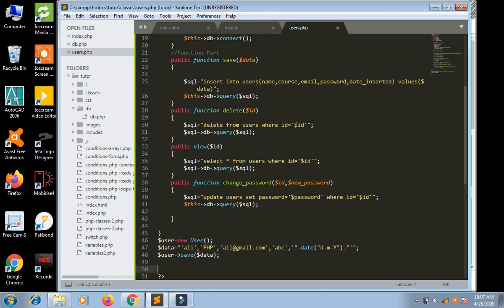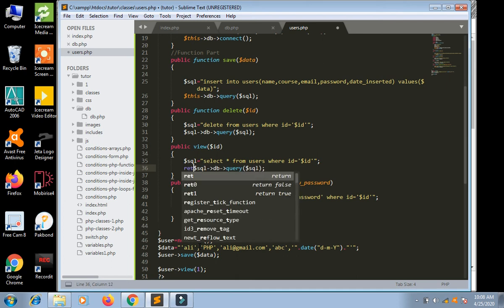So we should have $user view, and ID should be 1. Then it will return the user, $record. This record should be like this, return this.